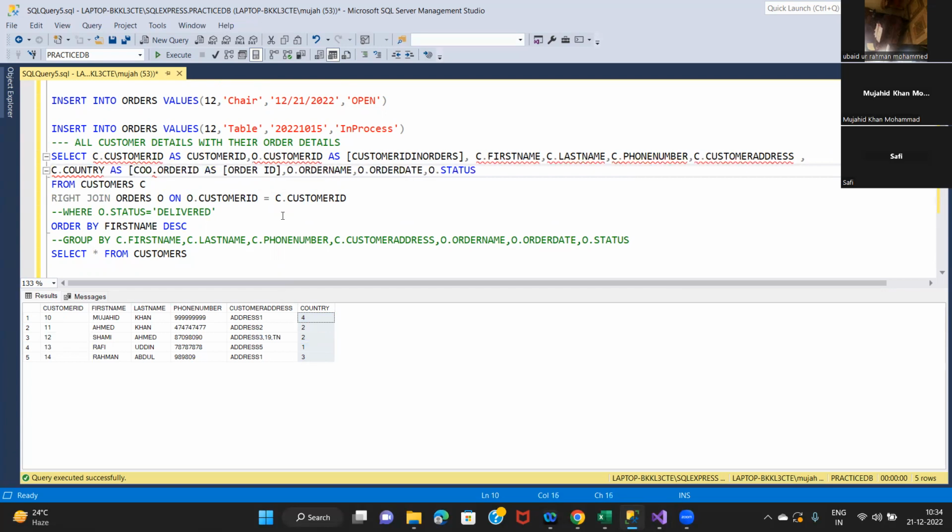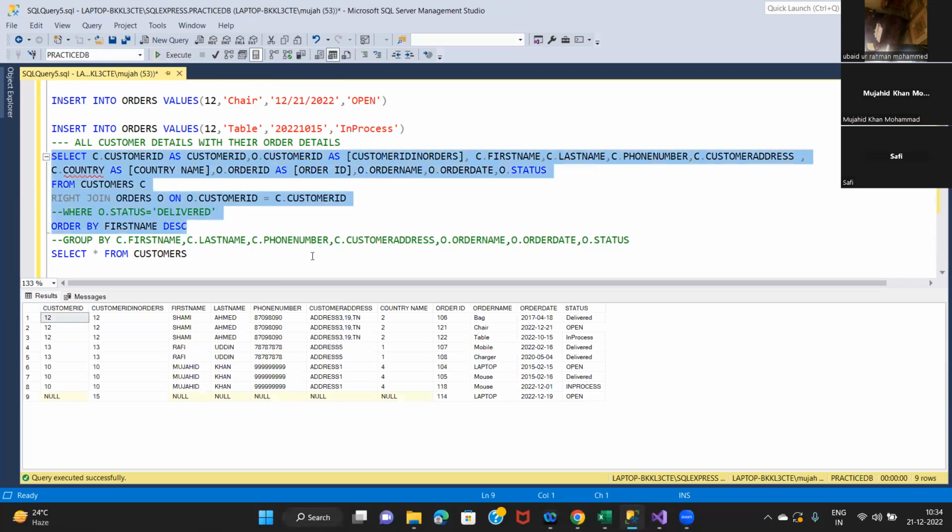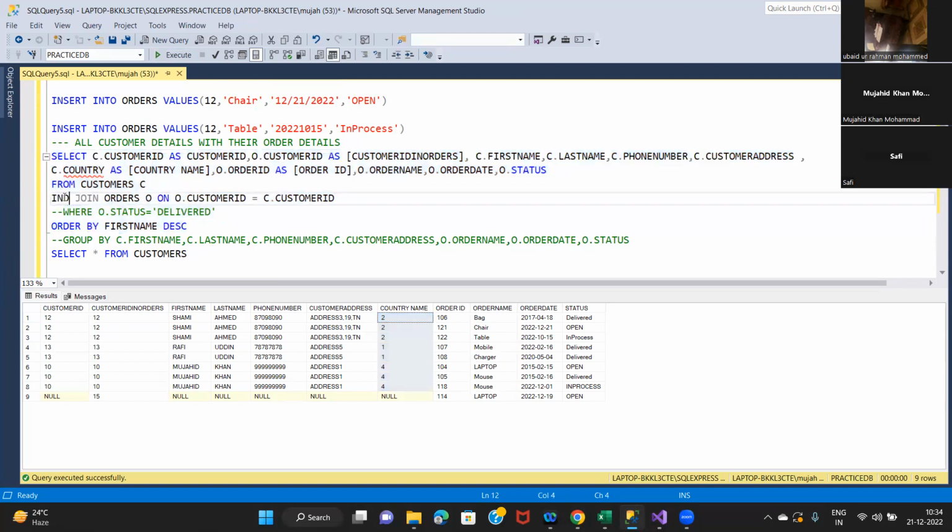As country name we want to display, right? Where is the country name? We see country name is coming as numbers, right? Because